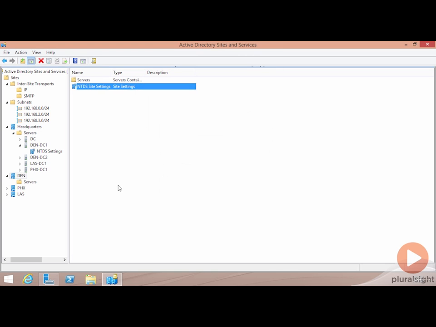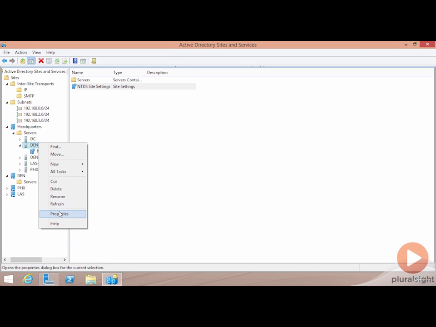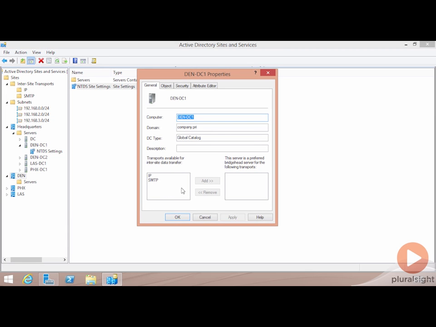The other setting that can be a little easy to miss happens up here under, I believe, the server actually. If I view properties of the server, yes, right here. Each individual domain controller has to exist in a site. And it is common to find multiple different domain controllers in those sites, particularly if you have a problem with the occasional loss of network connectivity with the rest of your network. If I have more than one domain controller in a site, it may be useful for me to tailor down the amount of network traffic that needs to exit that site for replication by defining